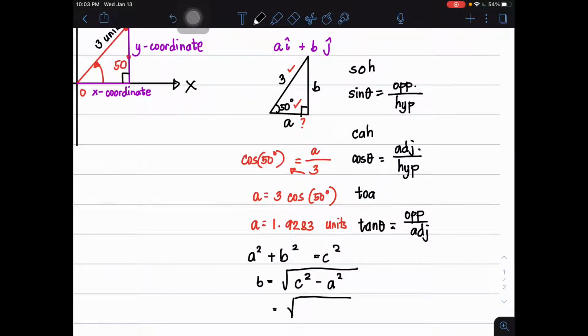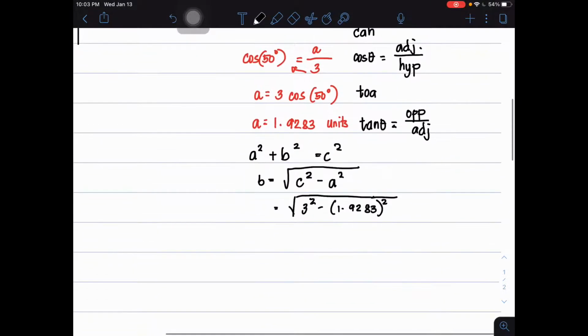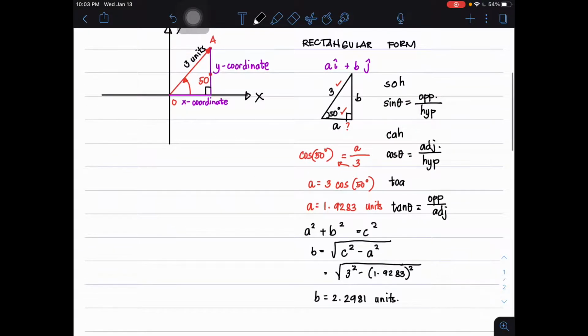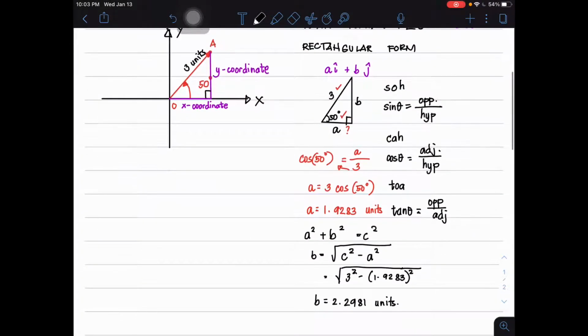Okay, and that's 3 squared minus 1.9283 squared. So we have 9 minus the square of the answer, giving us a value for B as 2.2981 units. So we already have the values for the adjacent and the opposite side,